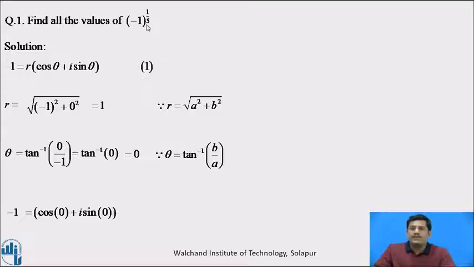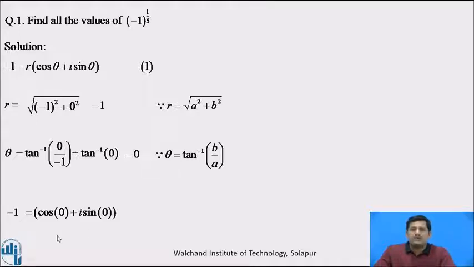As we want to find the fifth root of this complex number minus 1, we have to write this particular form into its general polar form. Pause this video and write down the general polar form of this particular polar form. I hope that all of you have written the answer.